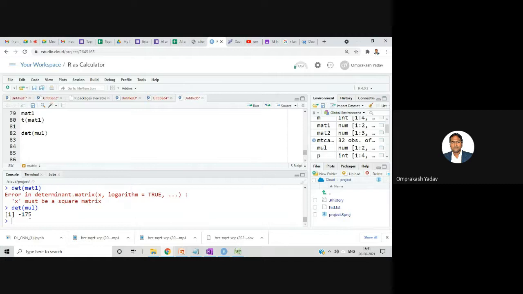Sir, is there any function to find the inverse of a matrix? For inverse, I don't think it can be found directly, because we have to apply different rules. First you have to check the determinant, then you have to check the rank of the matrix, and then you have to find the inverse of the matrices. But you can always search in the help, or Google it, inverse of the matrix, how to find out. Otherwise, you will first have to determine the rank of the matrix, then by different algorithms, you need to find it, using row and column transformations.